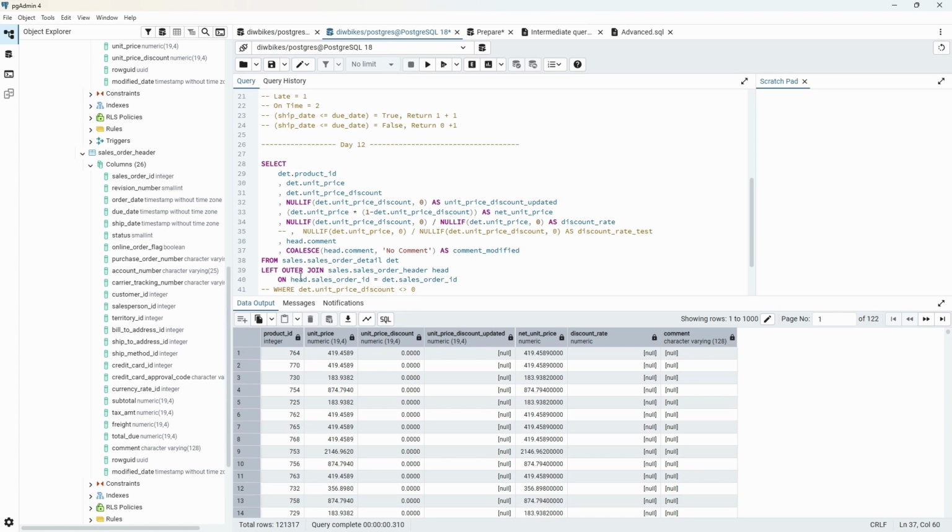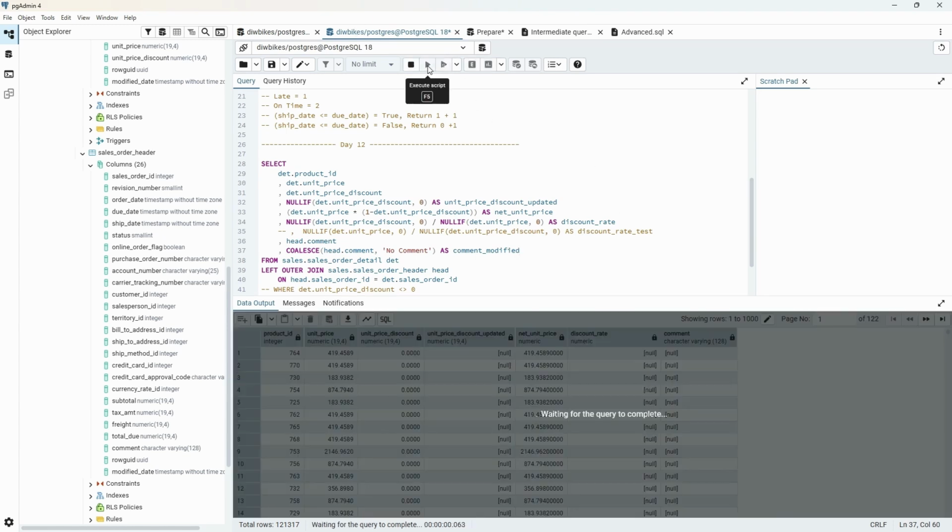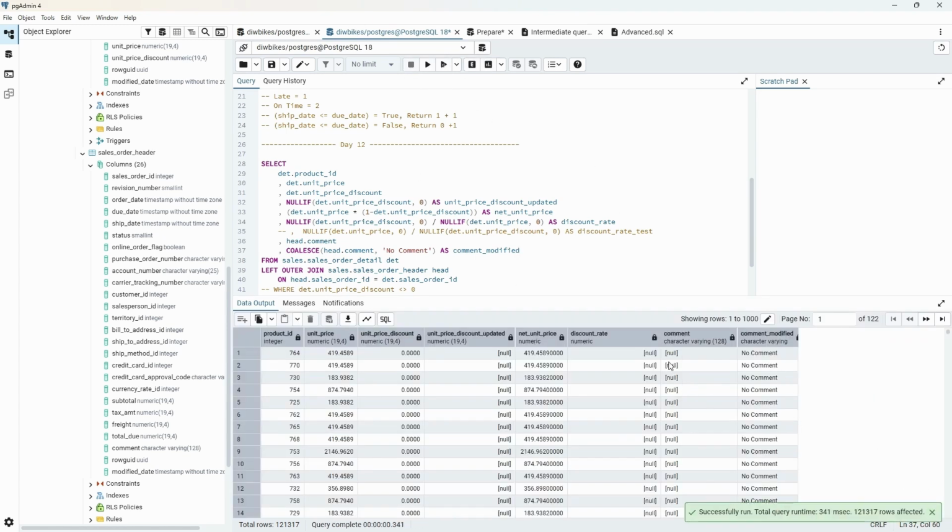Let's run that. So basically what I'm saying here is that when you have this, just return no comment. Essentially it's going to be looking for whenever we have null, interpreting null as no value, and it says, okay, whenever we have null, replace with no comment. This is key, right? And this is what they expect from that use case. The other one they expect is the email address. So we need to pull the email address